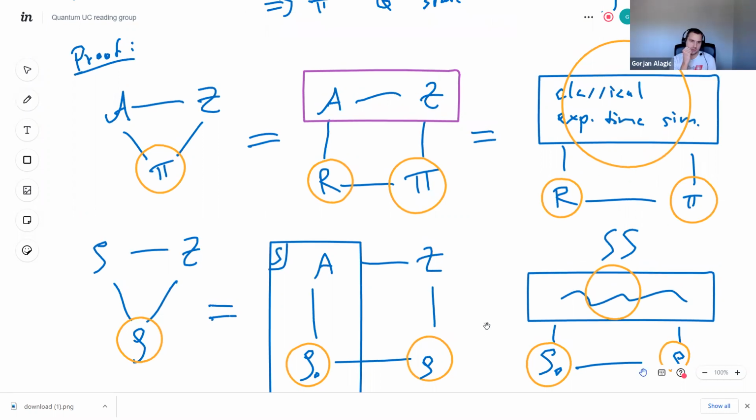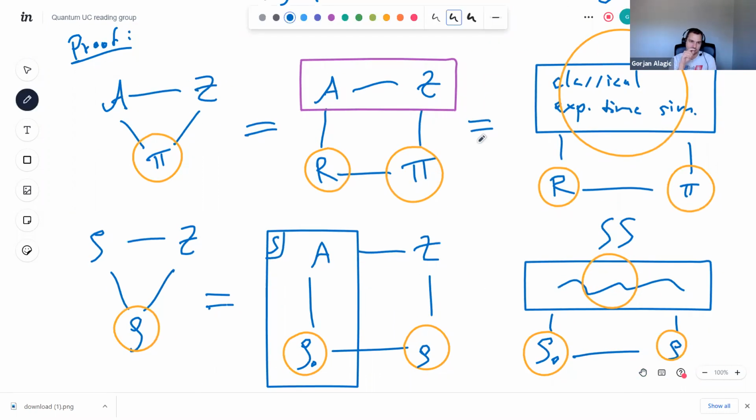So Dominic, yeah. So this setting that you just mentioned now seems maybe actually in some ways a little better than the one that's on the board. I guess if there's auxiliary information, I know you said earlier that maybe we don't have to worry about auxiliary information, but if there's auxiliary quantum information that the environment gets, then I'm not sure how you would do this classical exponential time simulation.